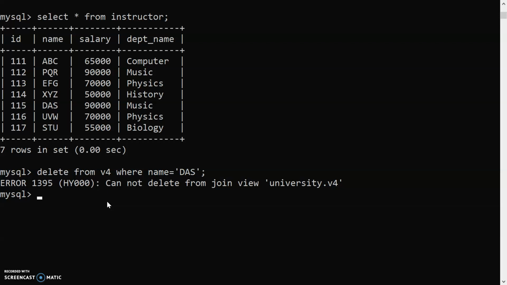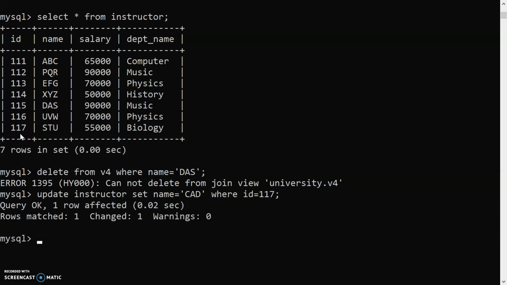Now when we change the instructor table, I will show you: update instructor set name equal to, I will change STU to CAD, where the condition is ID equal to 117.